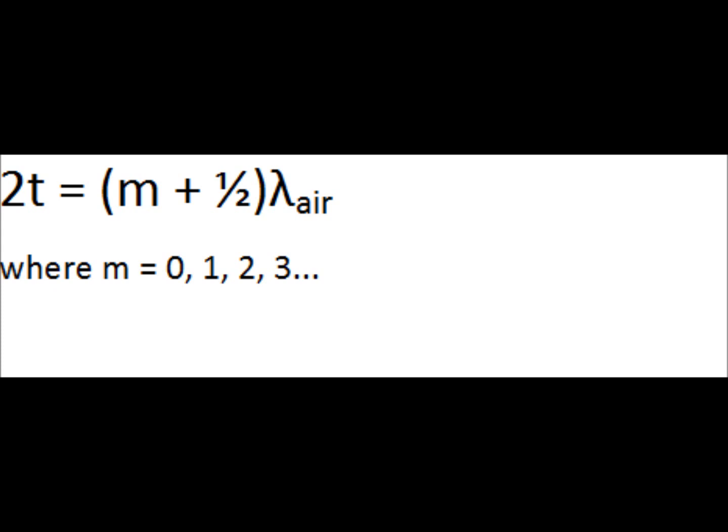The next band of constructive interference occurs when the path length isn't 1/2 of lambda, but 3/2 of lambda. So in that case, the total path length difference between Ray 1 and Ray 2 is 2 full wavelengths. And constructive interference will recur whenever the path length 2t is some multiple of 1/2 lambda. So you're going to get constructive interference when m is equal to 0, so that the path length difference is 1/2 lambda, when m is equal to 1, so that the path length difference is 3/2 lambda, when m is equal to 2, when the path length difference is 5/2 lambda, and so forth.